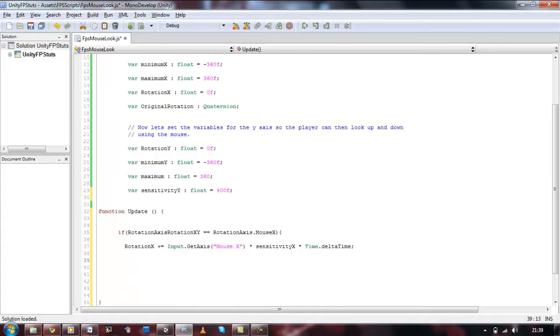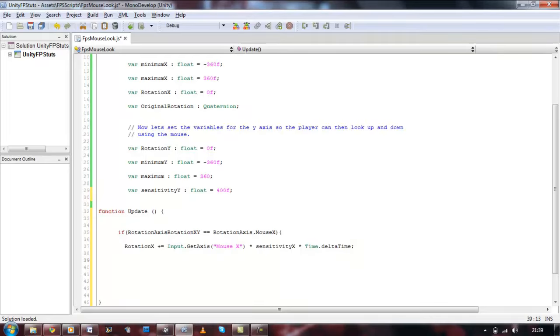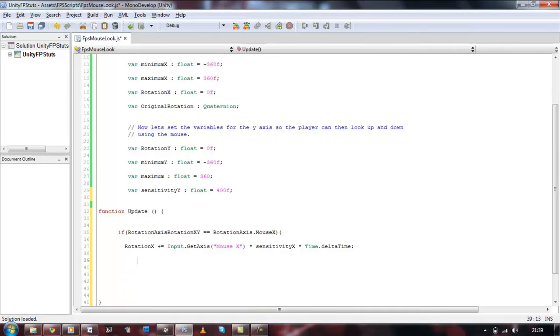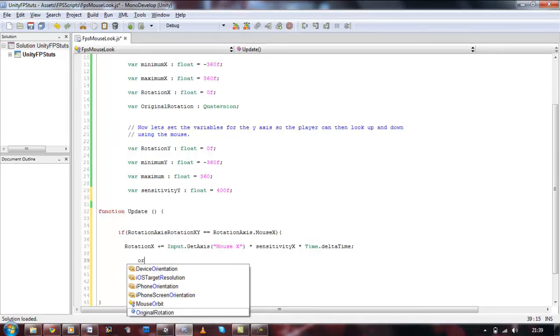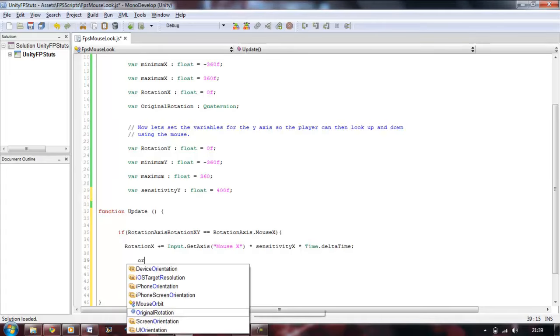So basically, if the rotation axes X and Y is equal to rotation axes dot mouse X, so if in our script we have mouse X selected, we want our player to rotate around in a circle, so he can look all around the scenery, except he can't move up and down yet because that's only in the Y axis. And the bottom line is basically